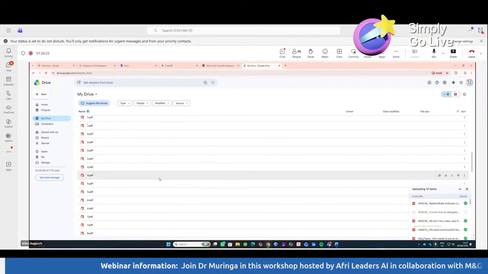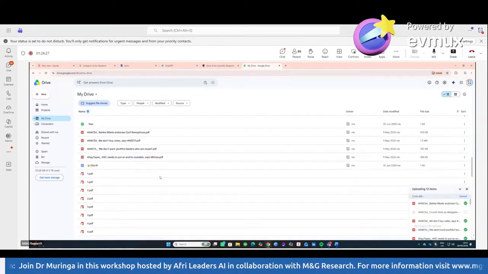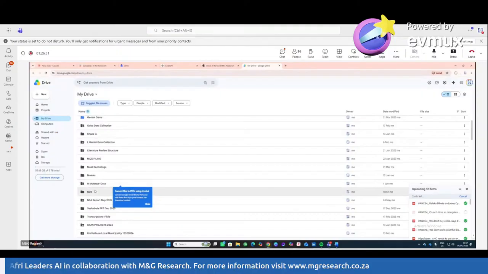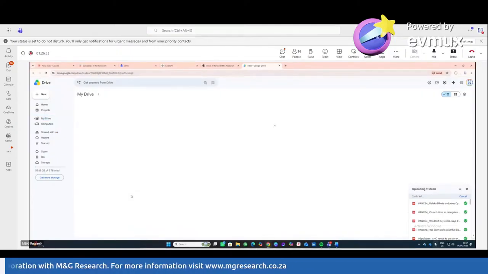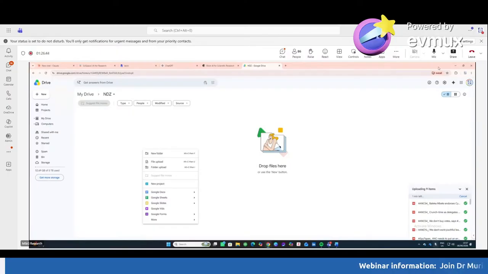Okay, the folder is not showing up here. Let's see here. Okay, there's no NDZ here. Okay, there is NDZ. Right, there is NDZ here. With drop files, we need to drag and grab. We need to drag this one here